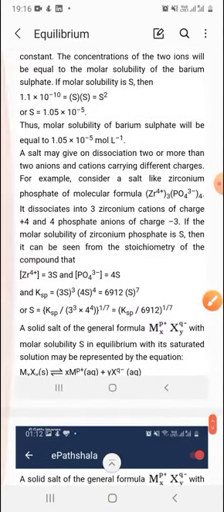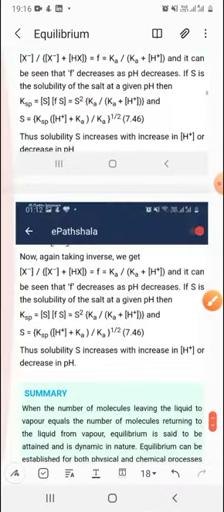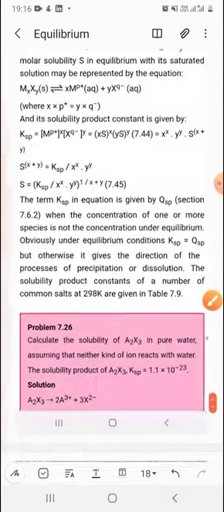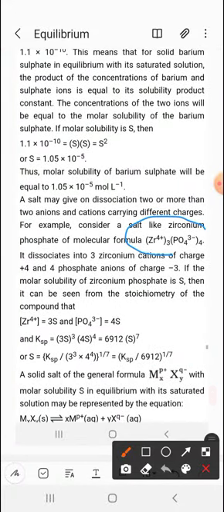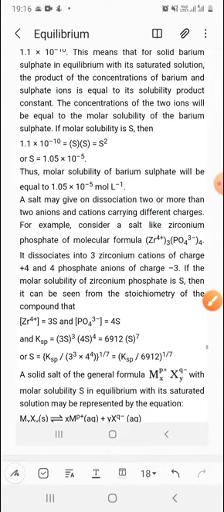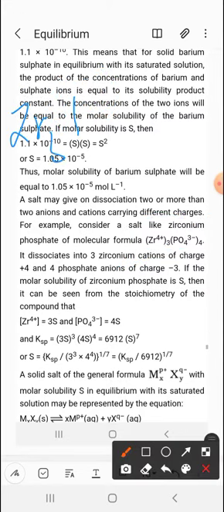Most importantly, the question comes from salts where you have to calculate the solubility product, so you must know how you will calculate it and how you will write it. The major formula which matters in this topic: suppose there is a salt of zirconium phosphate and you have to calculate Ksp for it. You must know how to write the formula and apply the concept on this salt. So this is the zirconium phosphate salt, as there are 3 and 4, Zr3(PO4)4.